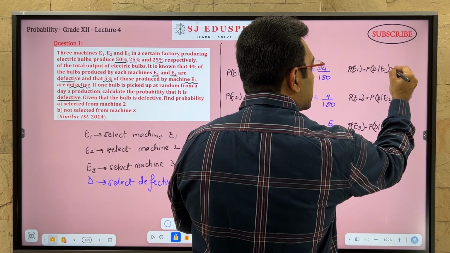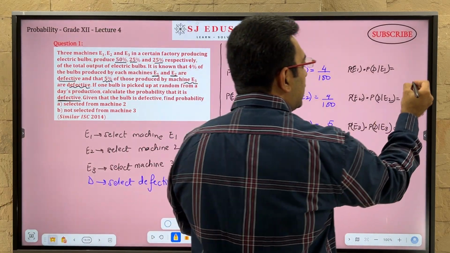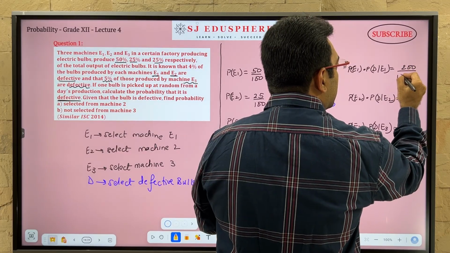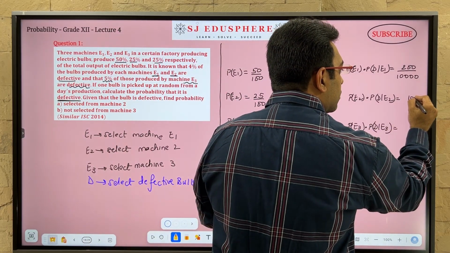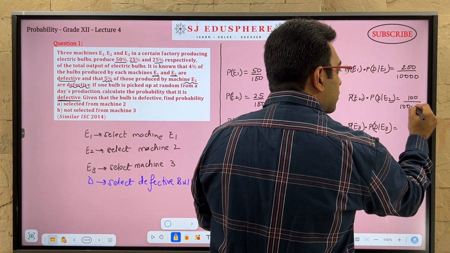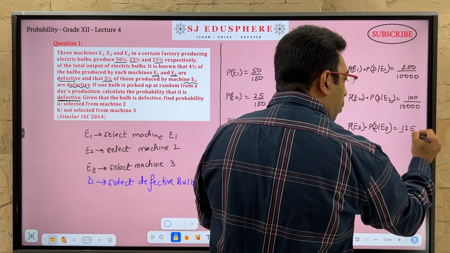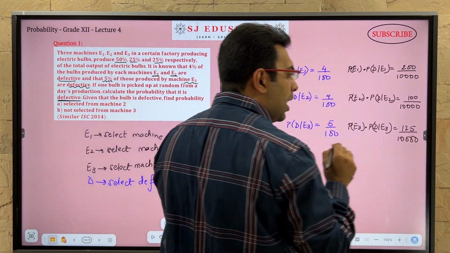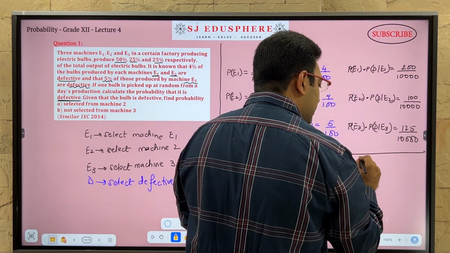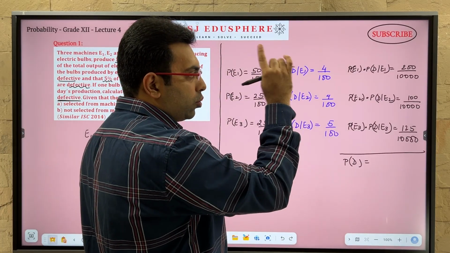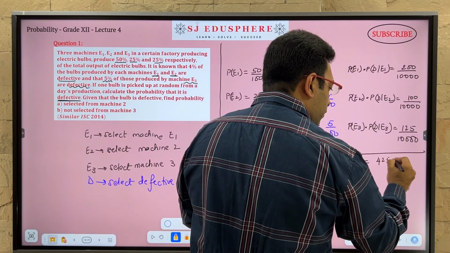Students, this is your first sum, so we are going very slow with the detail. So I multiply this 50 into 4, 200 upon 10,000. 25 into 4, 100 upon 10,000. 25 into 5, 125 upon 10,000. I will add all these values to get the defective. So 200 and 100 is 300 and this is 425. So 425